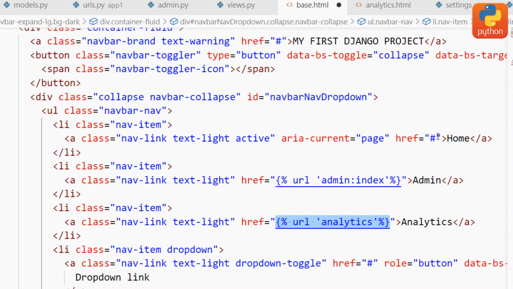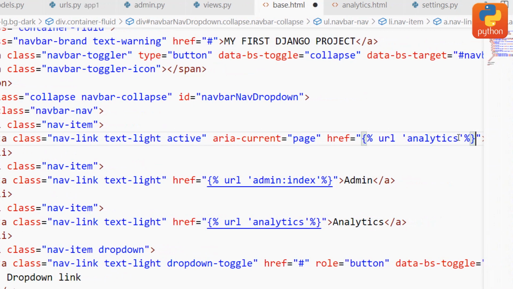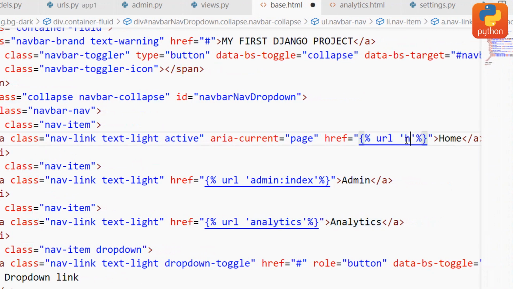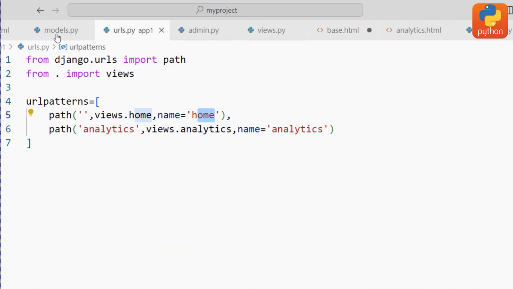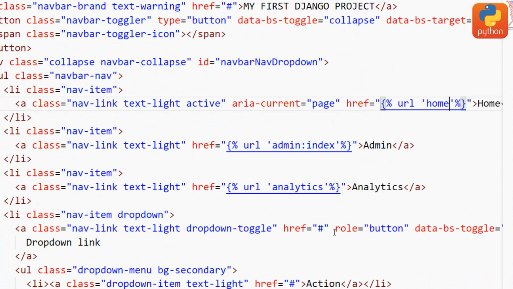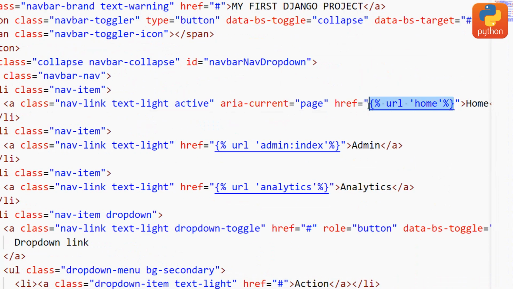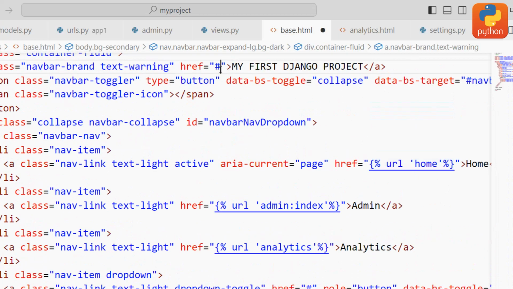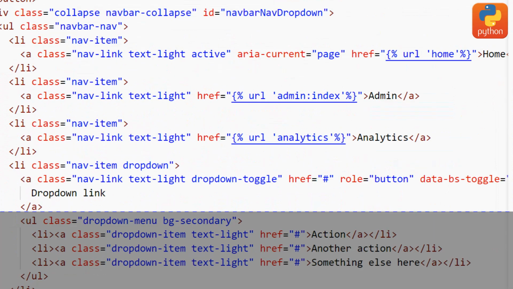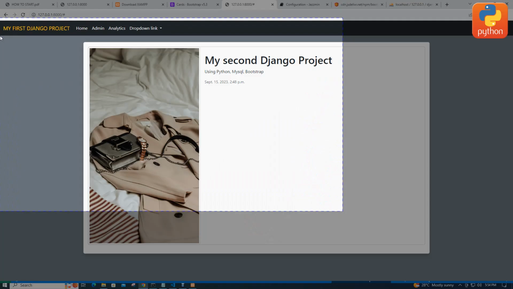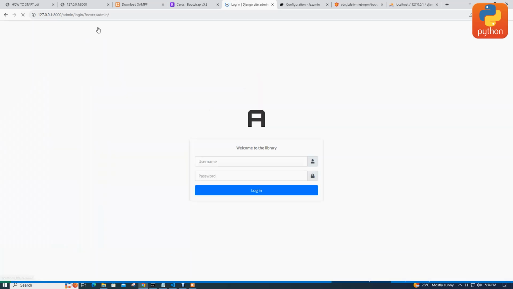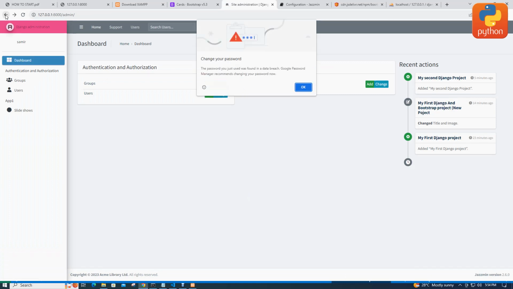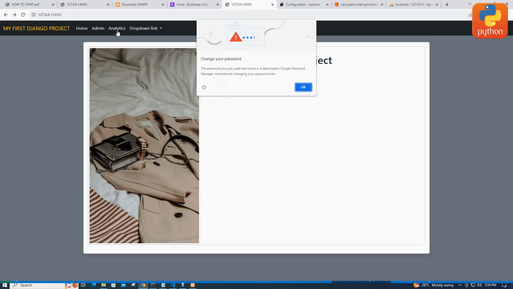When I click home, then access what? Home URL. By home URL, come to URLs and access home there. So in base, even in this one, just copy the same and paste it in my first Django project. Yes, okay. Now save changes and refresh the page. When I click home, it now remains home. When I click admin, now login, admin. Now back, back again. So when I click analytics,